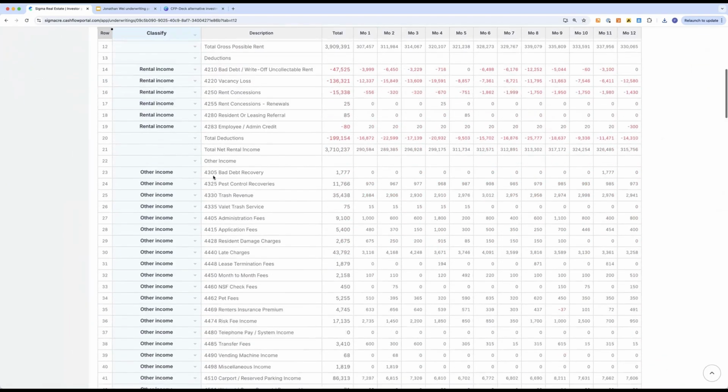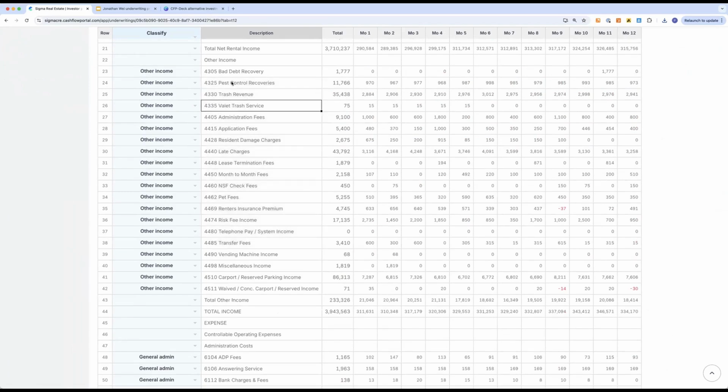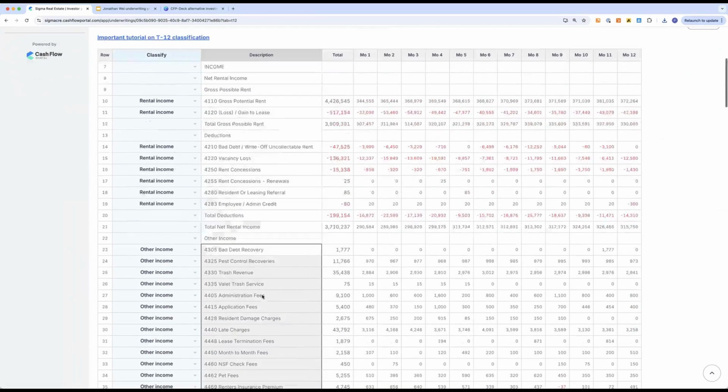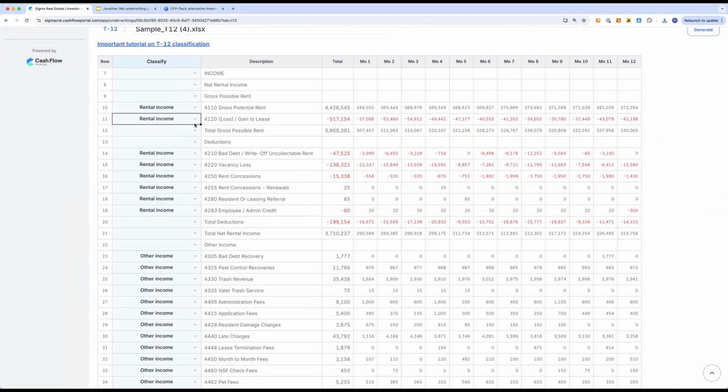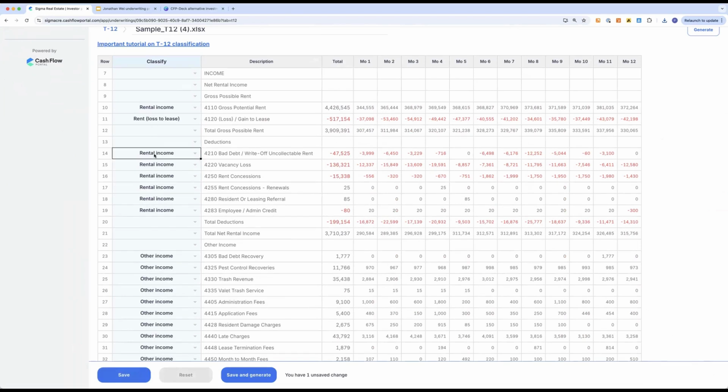Our AI is saying that all of this is other income, and that looks great to me. That's fantastic. Our AI is saying that this is rental income, which is also true. But our AI is saying this is rental income, but it's technically loss to lease. So you can actually say this is actually loss to lease. This is actually bad debt. This is vacancy loss.